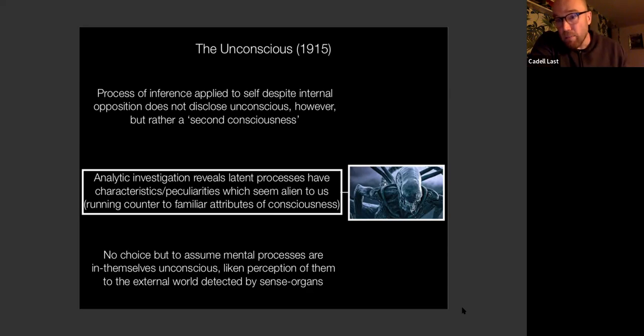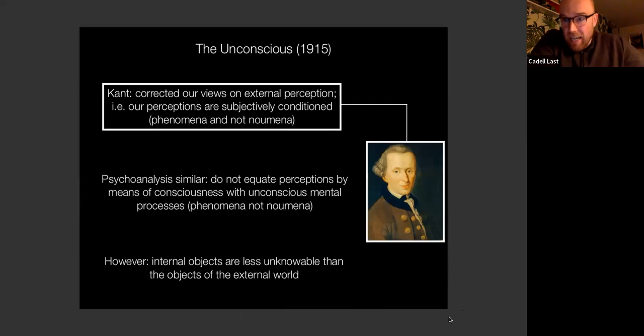So to put it in simple language, in the same way that there's an external world, there's also an internal world, which we should view as basically another world that we are observing within ourselves. We are a world unto ourselves, the unconscious. And this has, again, like I was saying, philosophical consequences. So he explicitly refers to Kant